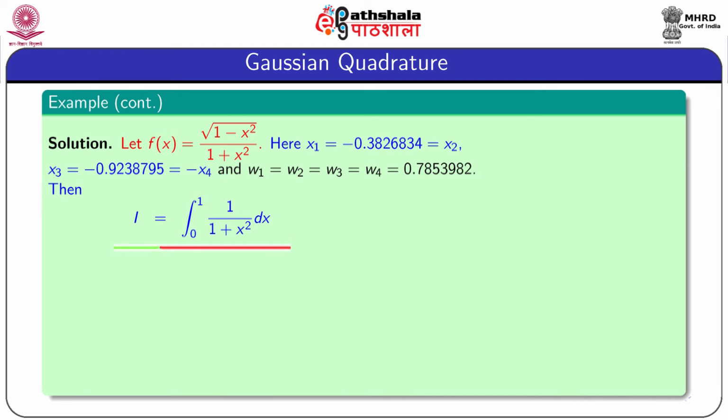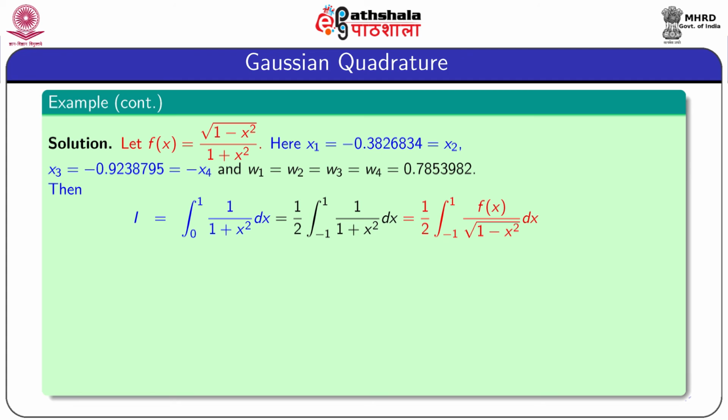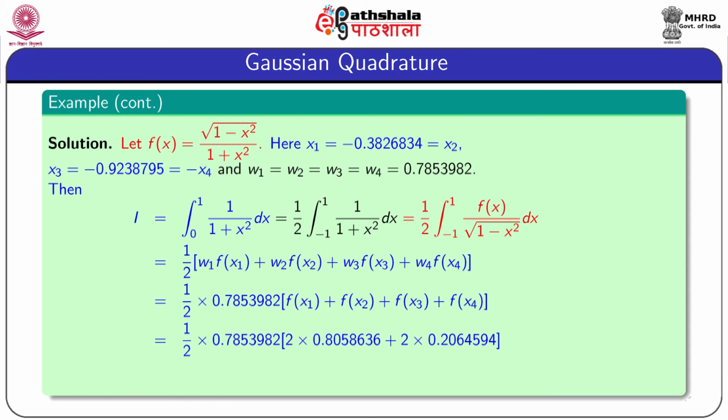Then the integration I equal to integral 0 to 1 of 1 by 1 plus x squared dx, which is converted as half into the integral from minus 1 to 1 of 1 by 1 plus x squared dx. Note that the integrand is an even function, so the entire integration is multiplied by half, and the interval is extended to minus 1 to 1. And this integral can be taken as half into the integral from minus 1 to 1 of f(x) by root over 1 minus x squared dx. In terms of f, the integration is written in this form. And using the 4-point formula, we obtain this expression, and after simplification, it becomes